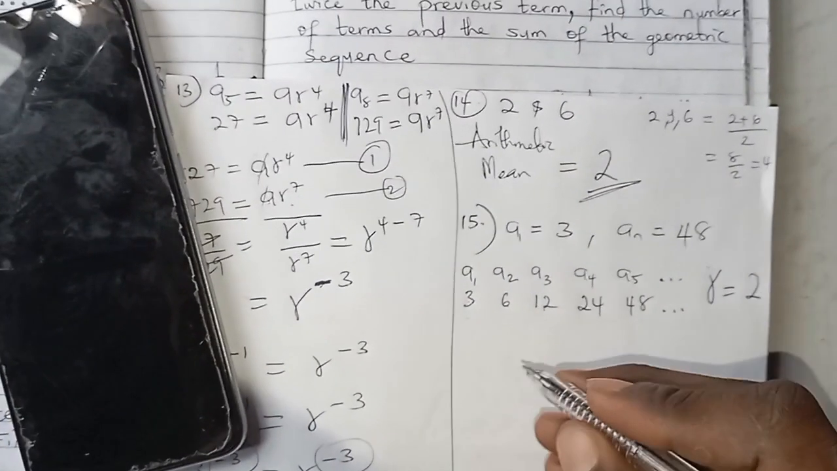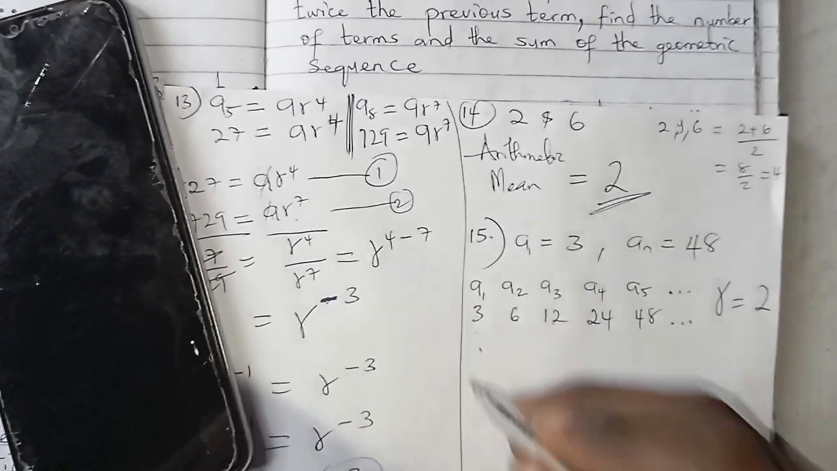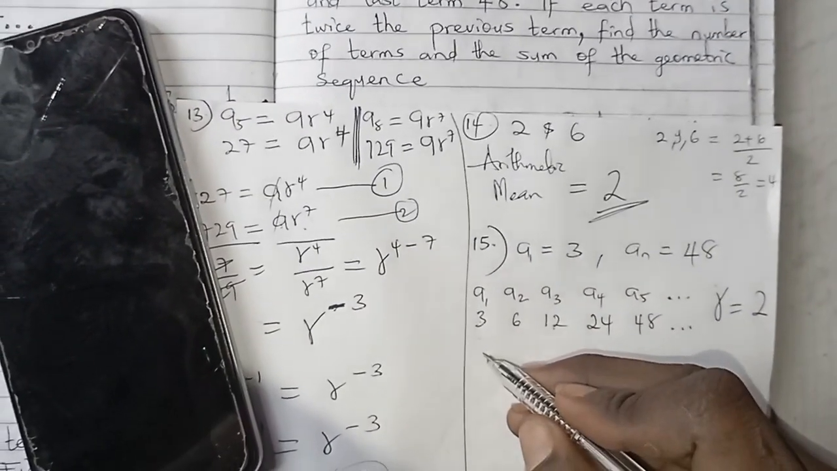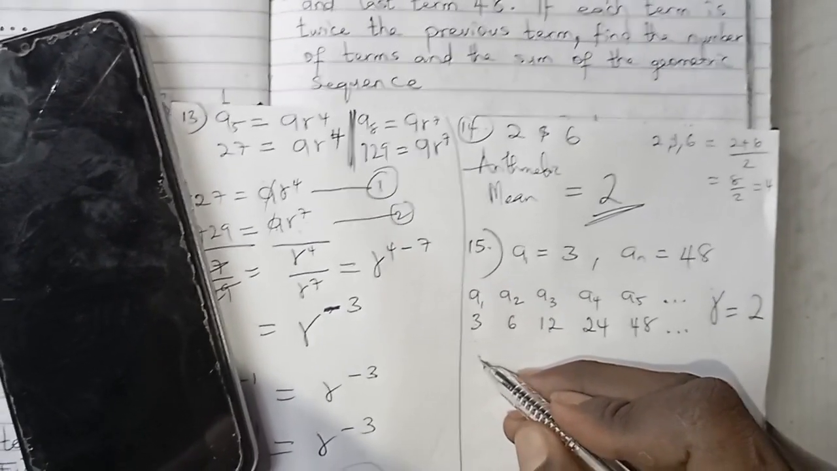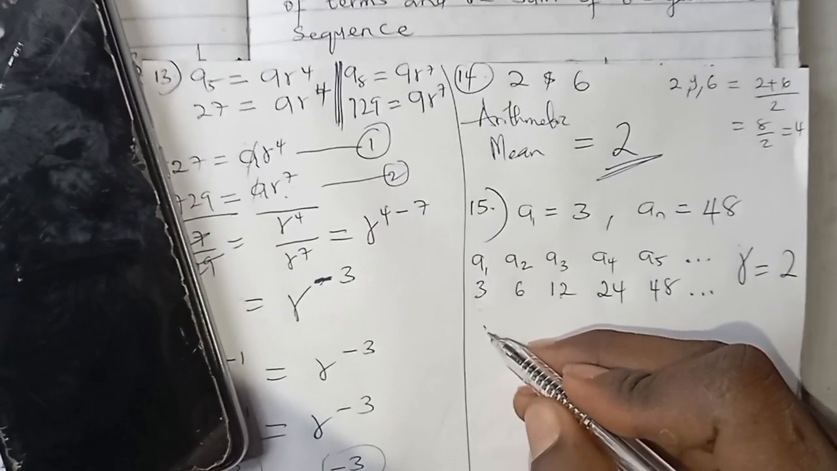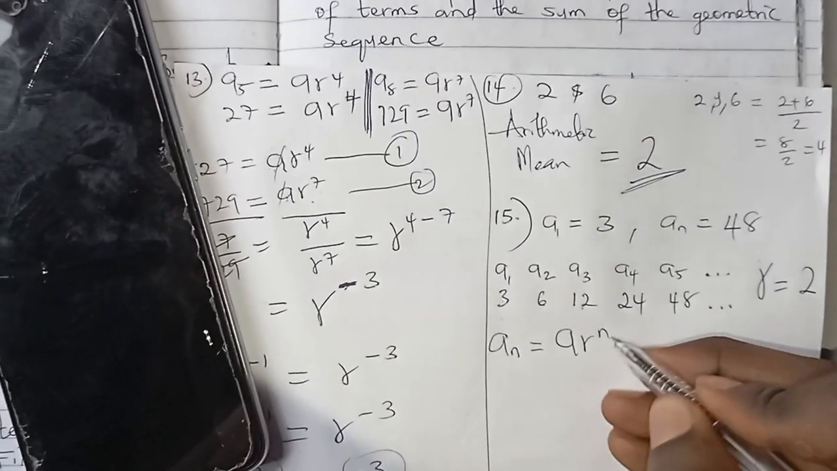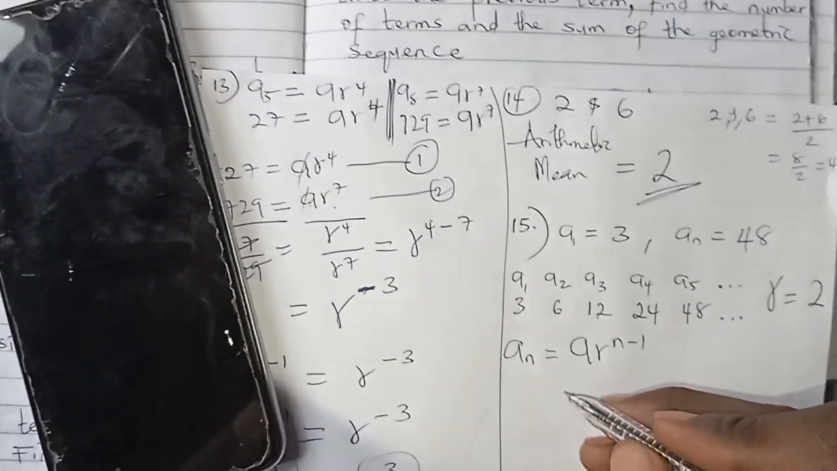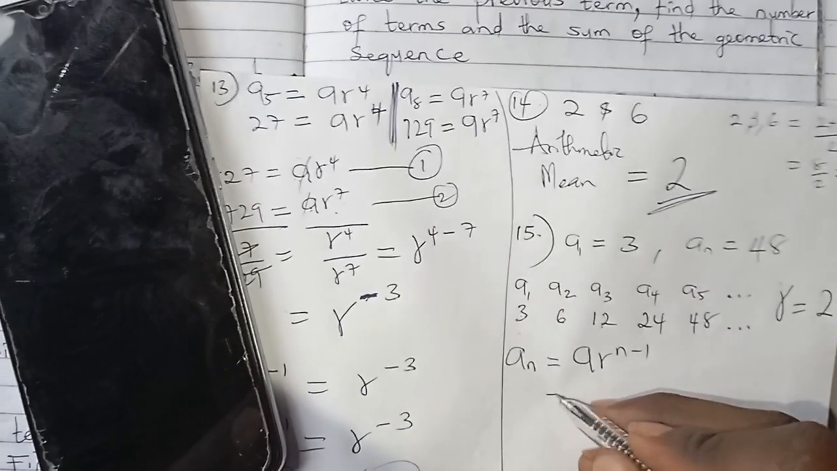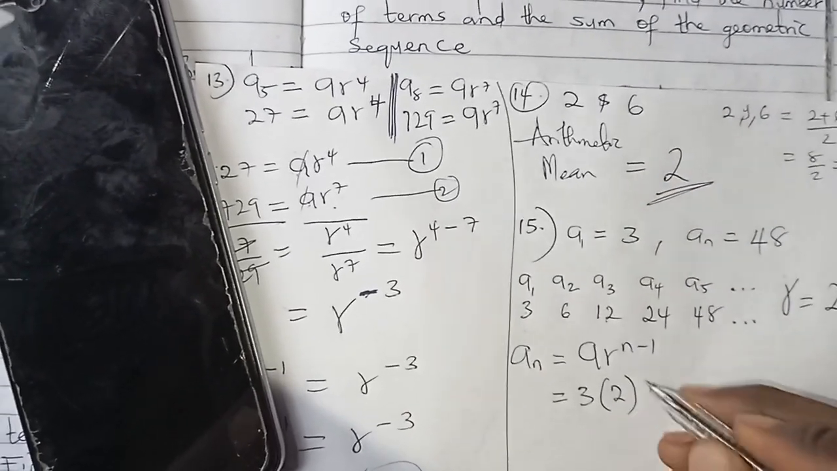So they say find the number of terms, and it's a geometric sequence. Remember that the nth term is the number of terms, and the sum of n terms is the sum of the geometric sequence. So the nth term An is equal to ar^(n-1). They did not give me n, that's what I'm finding. So the first term is 3, r is 2, then n